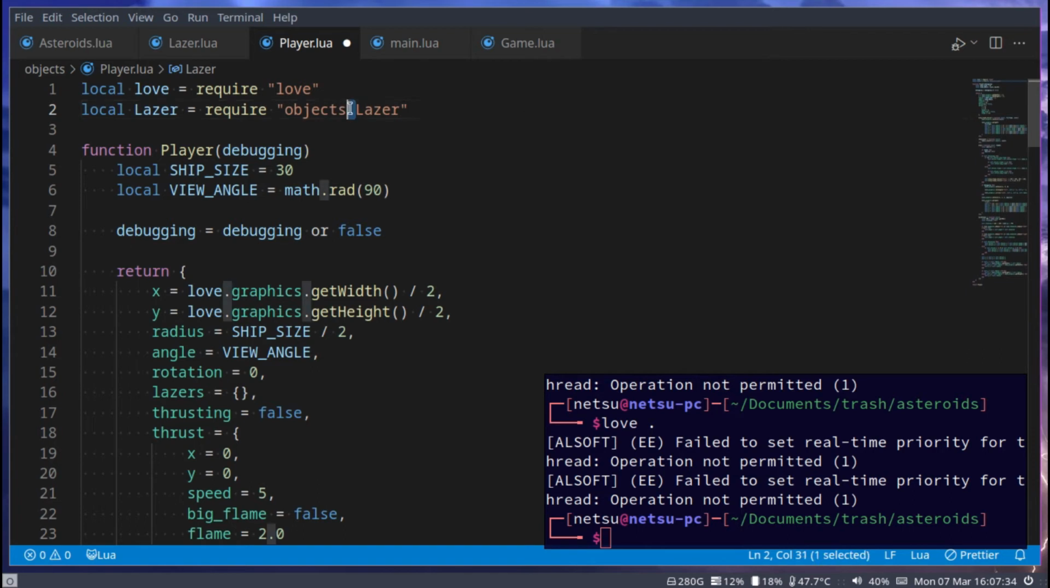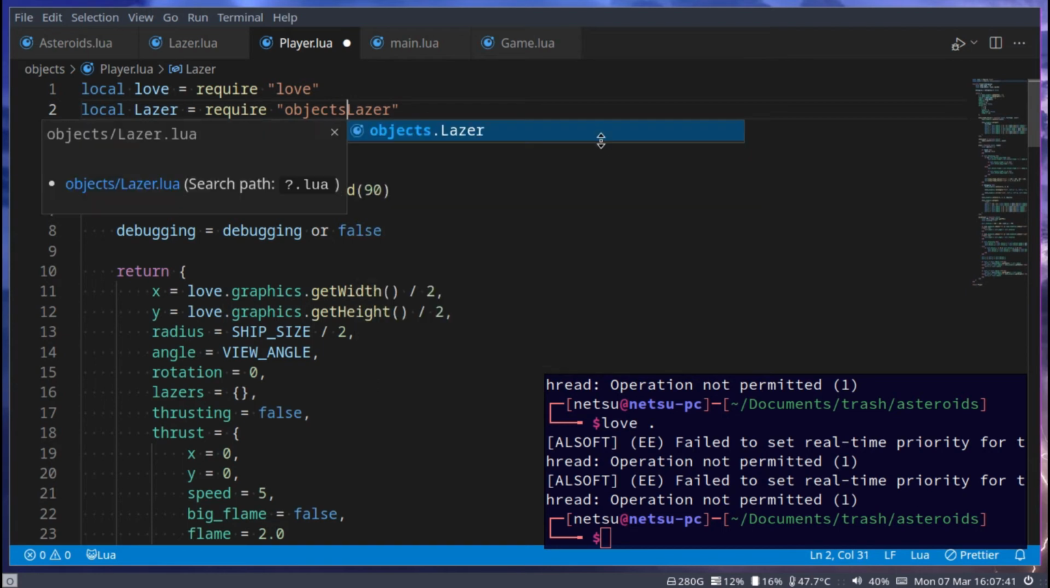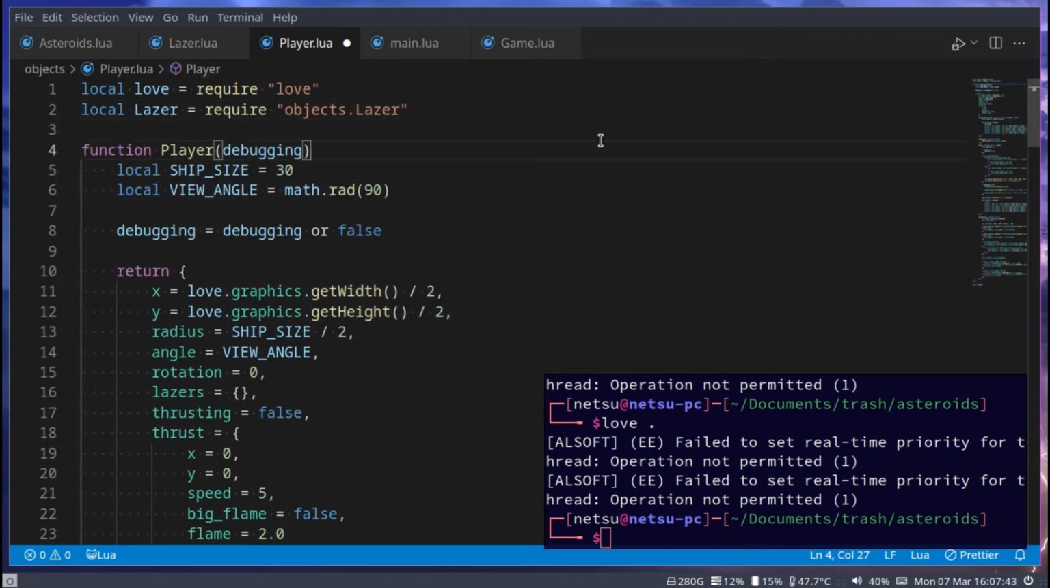Now I don't know if this dot syntax works, but if it works, let's use it. But if it doesn't work, you can use a slash. I'm going to try this dot syntax because my IDE constantly autocompletes it like that for me, so let's see